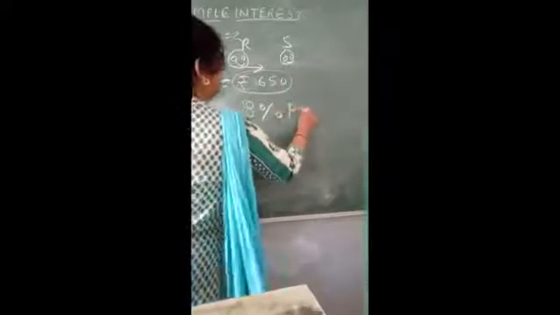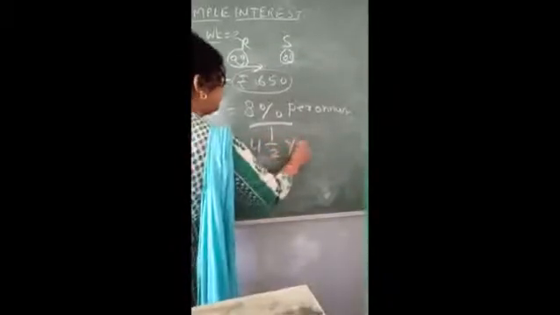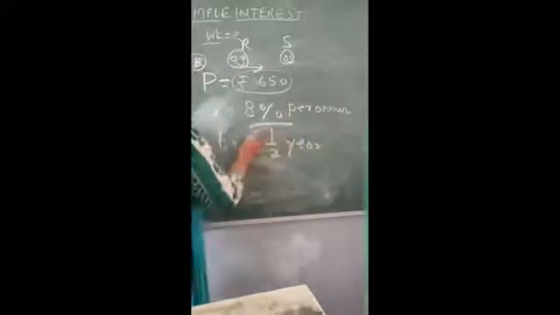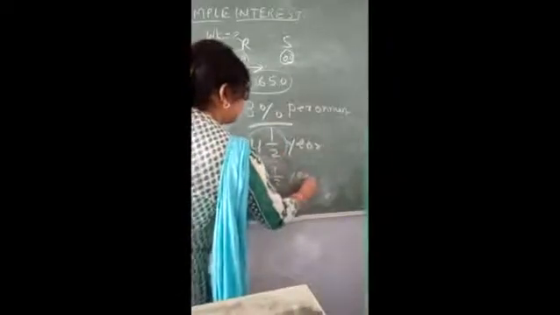So at 8% interest per annum. Rate of interest per annum means per year it is 8%. It means every year the interest is 8%. And find the simple interest Rahul has to pay Sohan after 4.5 years. Here the time period is 4.5 years. This is a mixed number, so you have to first convert this mixed number into a fraction: 4 times 2 plus 1 is 9, so 9 by 2 years. Clear?